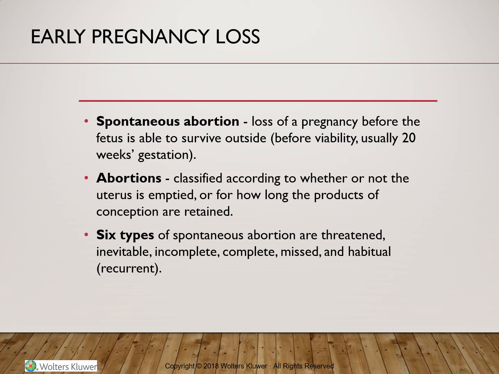Now, as a general rule, we will consider any woman of childbearing age with vaginal bleeding pregnant until proven otherwise. So we have 6 types of spontaneous abortion, and we classify them in terms of clinical manifestation and treatment. We have what is called threatened abortion. There will be vaginal bleeding or spotting with some cramping, no cervical dilation, and symptoms may resolve and the pregnancy may progress to term,